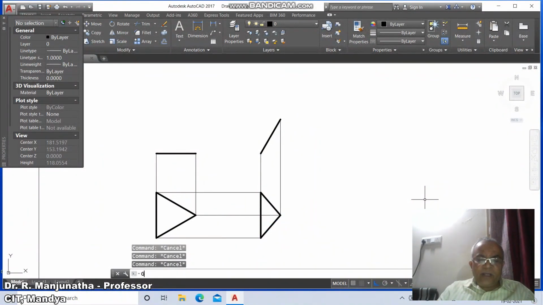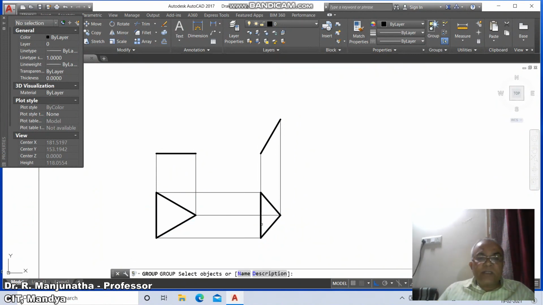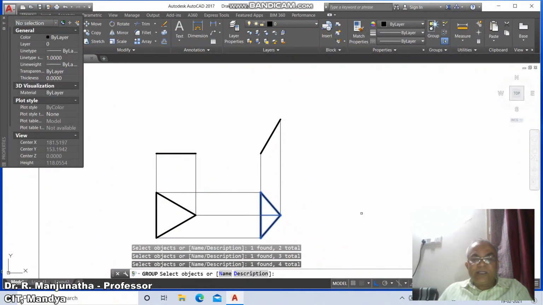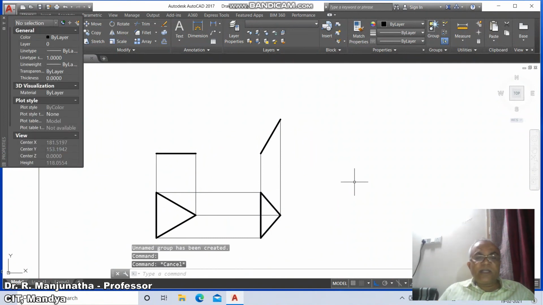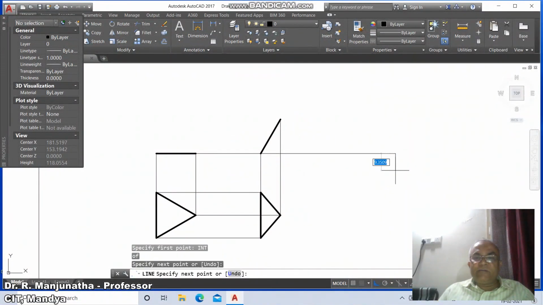Now we will go for a group command, so go to group, select objects, you select this line, you select this line, you select this line and you select this line and press enter key. So what happens, all this has become a group now. So when you just click on one entity, all these lines will get selected. So go to line, draw a line from intersection part of this and draw the XY line. Similarly, draw a line from intersection part of this on this side.